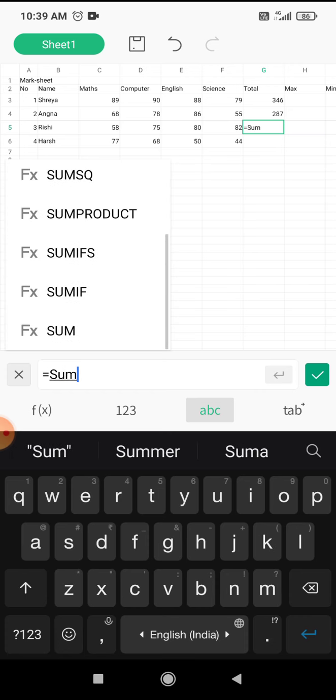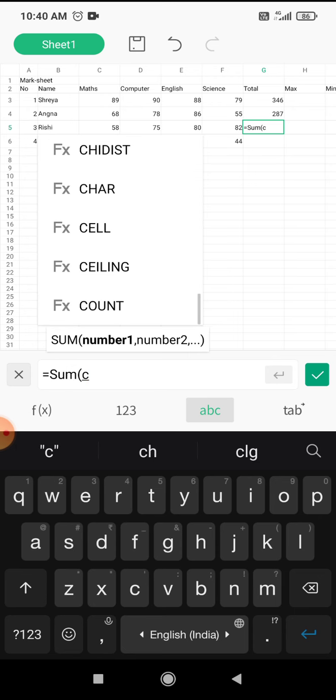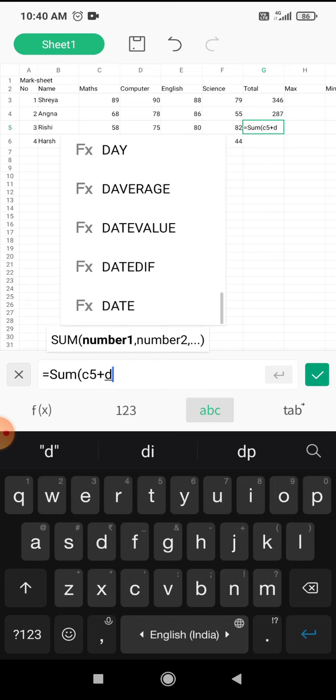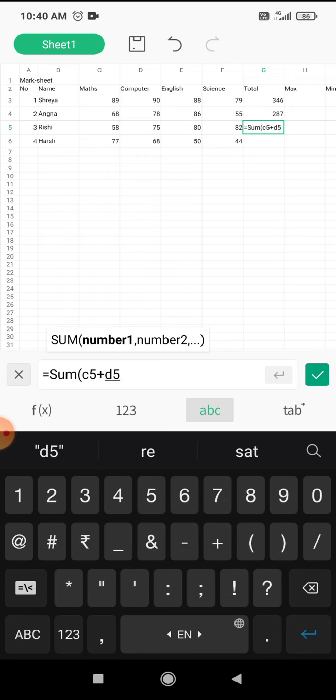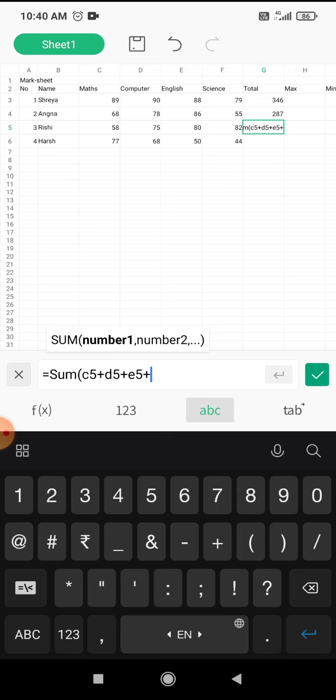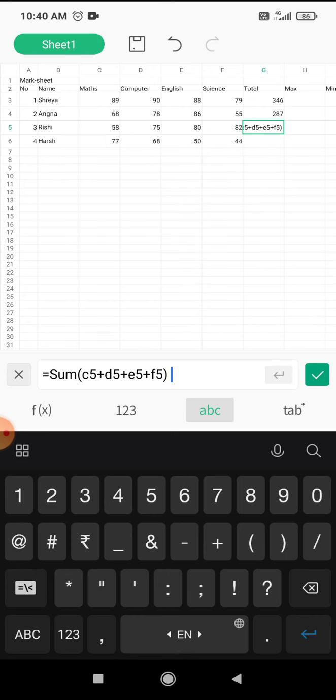Equals to sum, round bracket, you can write down individually C5 plus D5 plus E5 plus F5. Round bracket over, enter.